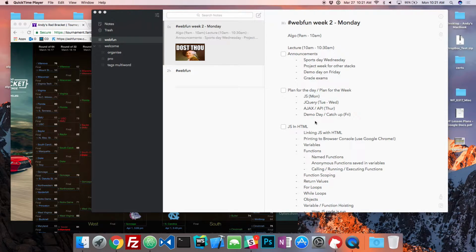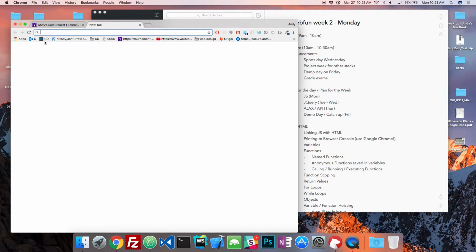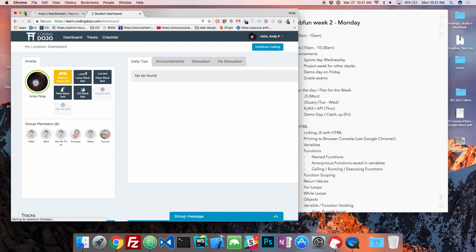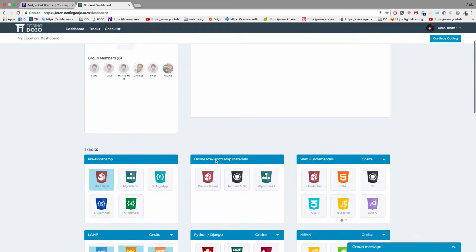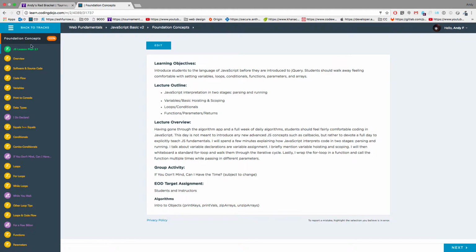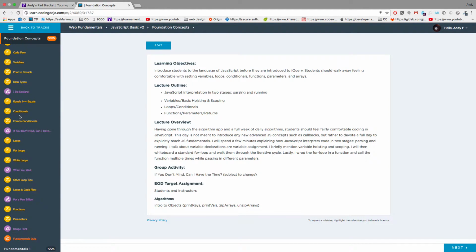Okay, so plan for the day. Today, let's look at the platform here. I'm going to make this larger. Today we're going to get into JavaScript. Last week you did introduction before you came in, HTML and Git on the first day, and then we did CSS all the way up until Friday. So today we're jumping into JavaScript, and you have these fundamental concepts. There's a lot of reading. Most of it is review, and there are some assignments there.